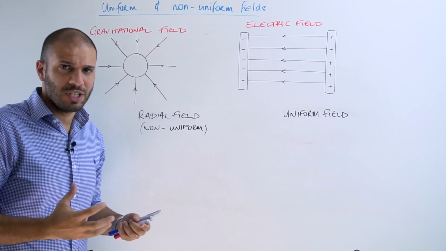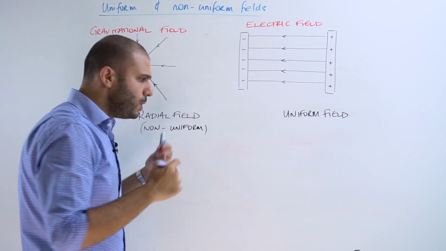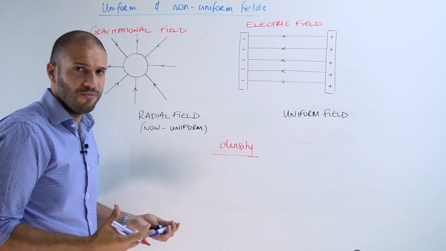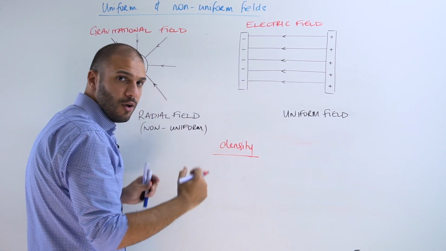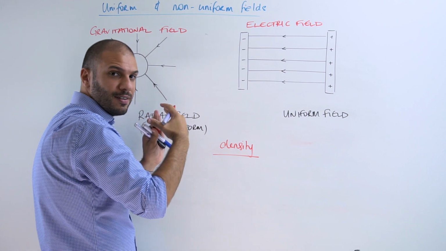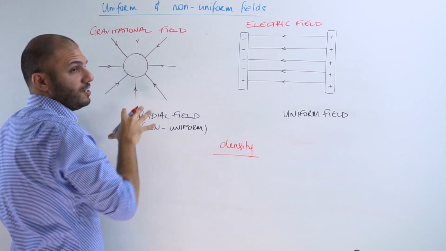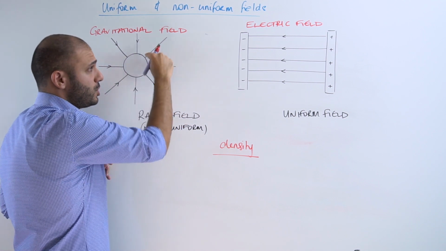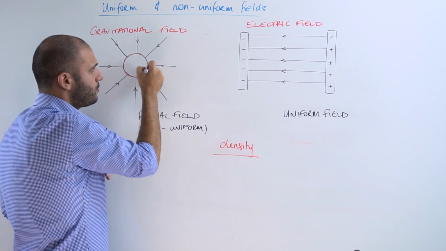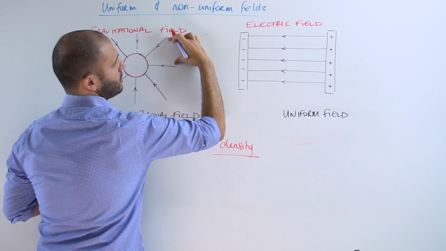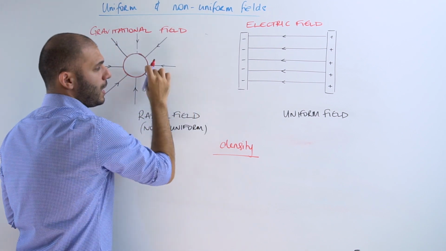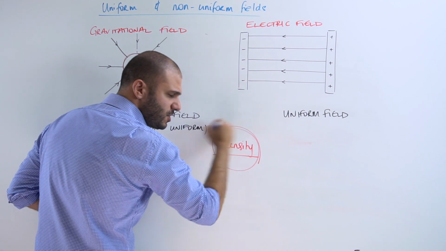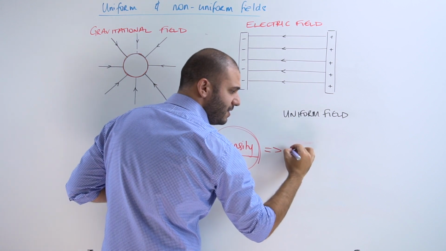Now, what are the main differences between the two apart from the spacing? We generally refer a lot to the term density, the density of the field. A field is more dense when the lines of force are closely packed. Okay, so with a radial field, you've got a variation in density. The lines here are closer to the surface. The lines of force are closer to one another than, say, out here. Okay, so as we move further out, the density is decreasing, and the density gives us an indication of the